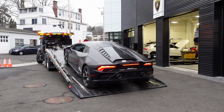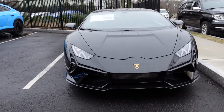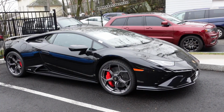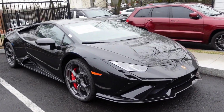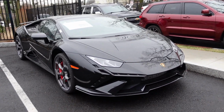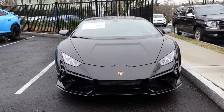Check this out. The brand new Lamborghini Huracan Tecnica is here at Lamborghini Greenwich. This car starts at $239,000. It sits below the Huracan STO, but above the Huracan Evo rear-wheel drive. It has the same amount of horsepower as the STO though, and that is 631 horsepower from the 5.2-liter naturally